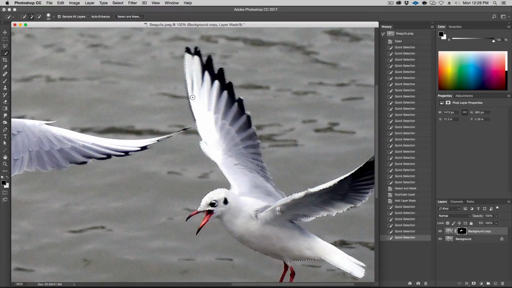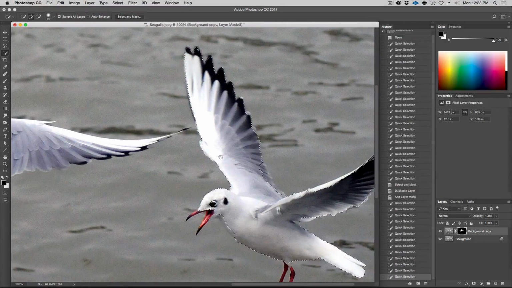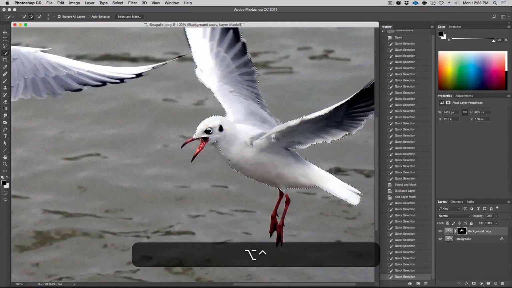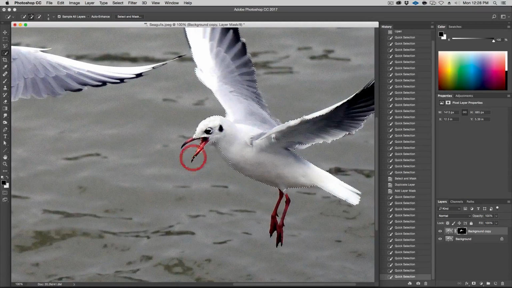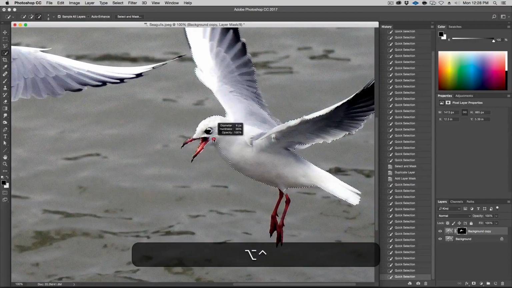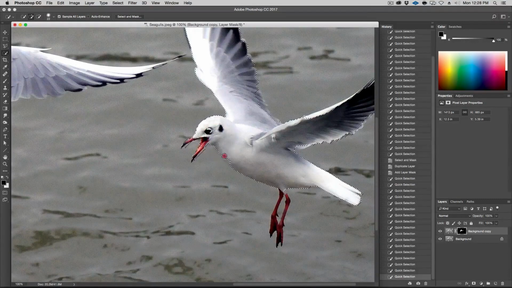Try not to go over the edge because it will sometimes bleed through and find other things that you do not want. So when I change the size, I always change the size of the brush using Control and Alt. Once you get used to that, it works really well. Okay, like so.